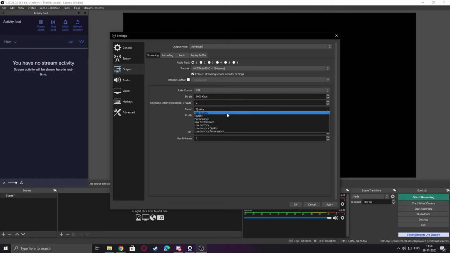If you've got the latest NVENC H.264 encoder, which came in the 16 series, 20 series, 30 series, go with max quality. If you've got a 1060 or 1070, you should go with quality, I think, because it doesn't have the latest NVENC encoder. You can try max quality, but it may give you encoder overload. I haven't tried it, so just experiment.